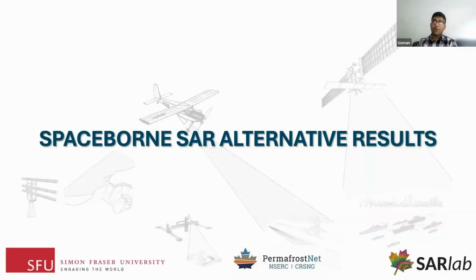While we were doing this airborne, and initially when COVID occurred and there were restrictions on the field campaigns, we also looked at some of the spaceborne alternatives. Although when I said in the initial overview that the airborne data is flexible, I categorically mentioned flexibility because the spaceborne sensors have their own prescribed orbits, and you cannot change that. With the airborne sensor, you can always go to an area of interest and fly accordingly, unlike the spaceborne sensor, which has to work perfectly for your case,